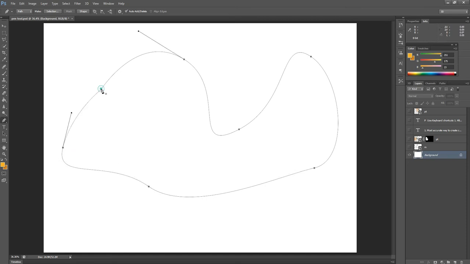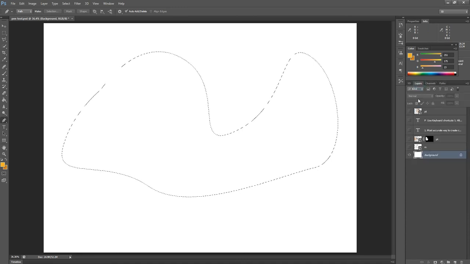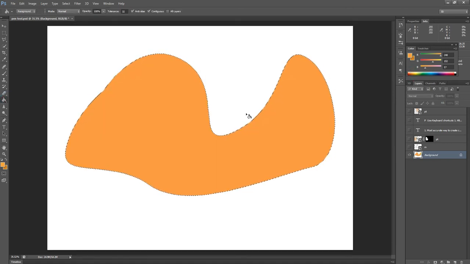Just click to make one shape. Now I have made one shape, so go to the Paths panel and select the shape by pressing the Control key, and fill it with color. It's very easy. Select any color from here, go to the paint bucket tool and fill the color. After making any shape, we can edit or change it while using the pen tool. So this is the selection of the shapes. In the Paths panel there is an option to change the selection into a path.